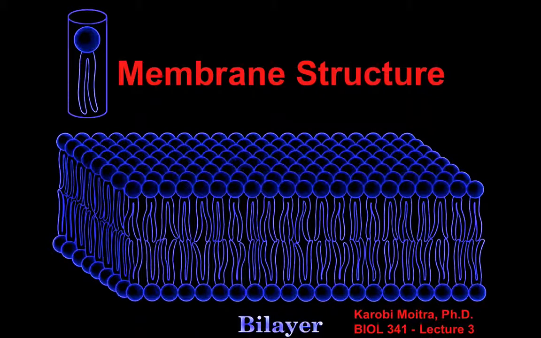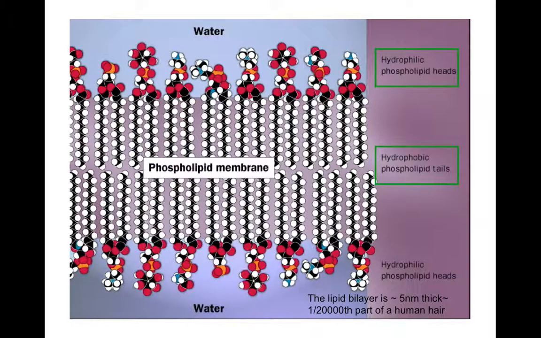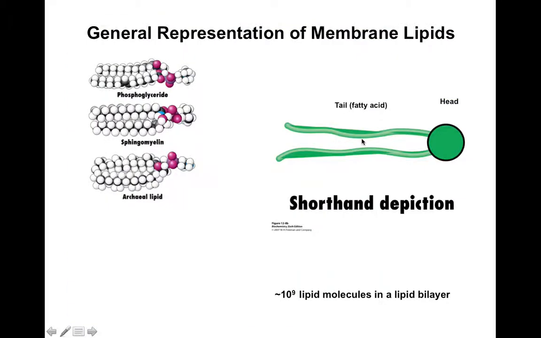Hello everybody, so today I will be talking about membrane structure and specifically the role of membrane lipids in forming the phospholipid bilayer of cells. So membrane lipids contain a hydrophilic head and a hydrophobic tail. So they're represented like this. A circle represents the hydrophilic head, and you have two lines which represent the hydrophobic fatty acid chain of the